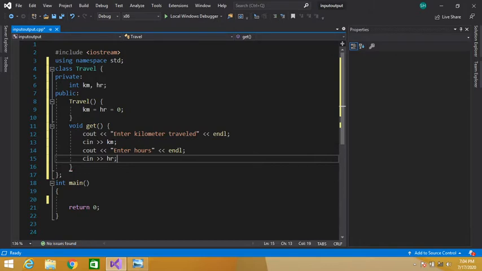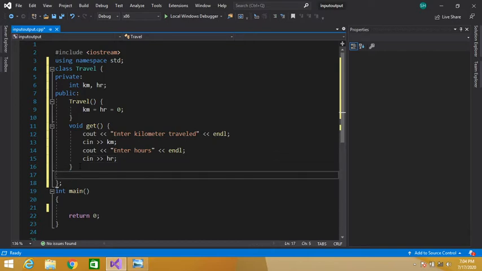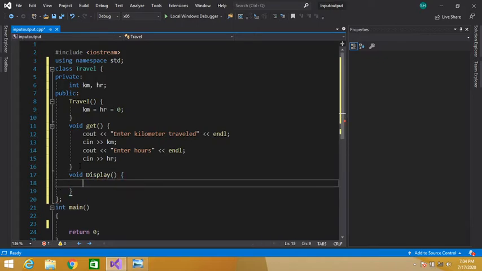Okay, now we will display these values on the console window. So let's create our display function to display the values on the console window. cout: You traveled, let's give some space here, km kilometers.